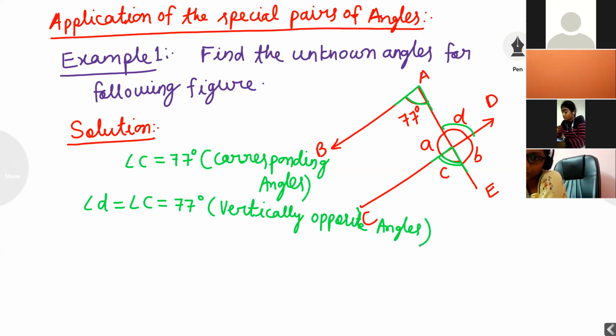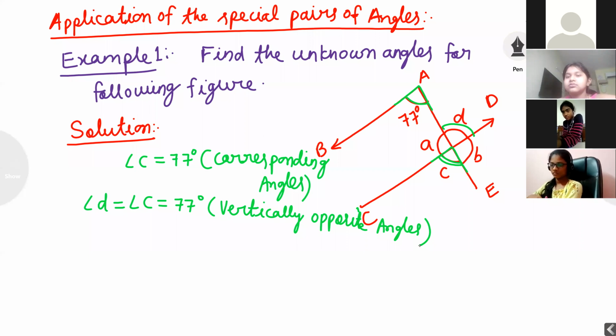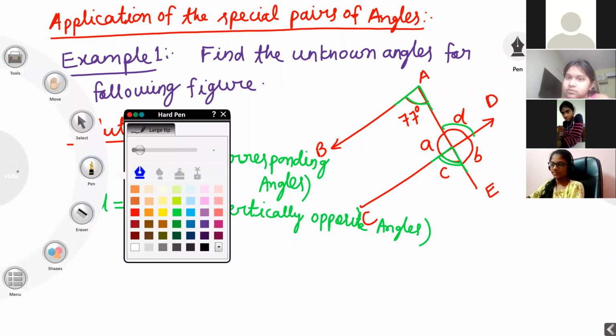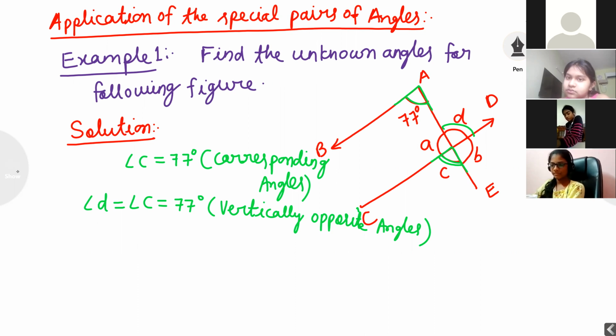Now how to find angle A and angle B? Very easy. Angle A and D both form a linear pair. When one angle is adjacent to another angle, that is called a linear pair. I can say A plus D is equal to 180 degrees, or B plus D is also a linear pair, B plus D also 180 degrees. Both we can take, either A plus D or B plus D. Both are forming a linear pair. It depends on you, students, which angle you want to take.